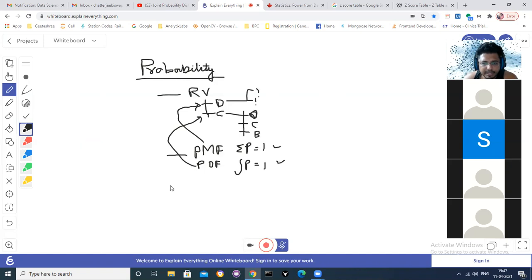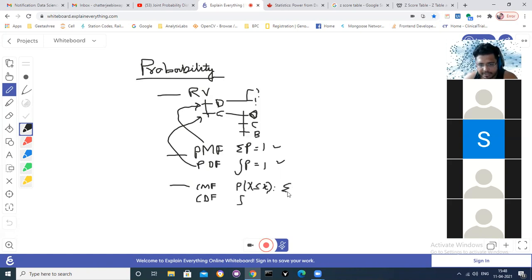Then we read about CDF, cumulative density. Same, we also have cumulative mass function. Cumulative mass function is for discrete. Cumulative density function is for continuous. Here we said that it is for any P of capital X less than or equal to small x. So until x, whatever the probabilities are for every point, add them. Here it will be discrete points. Here it will be integration.